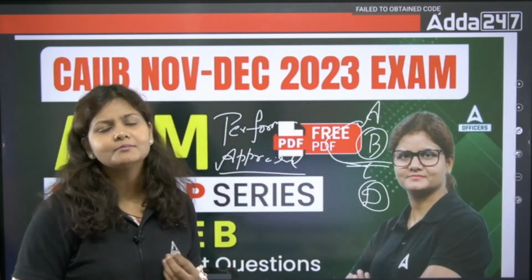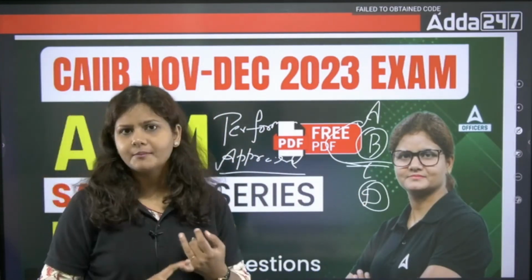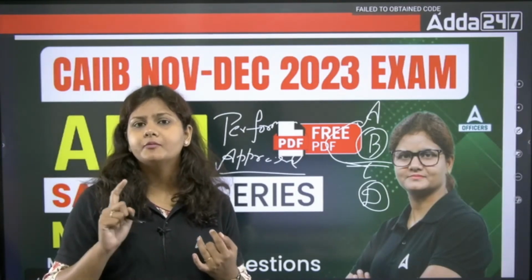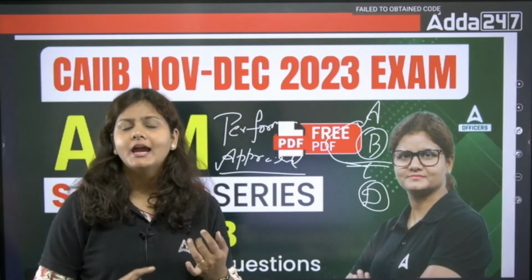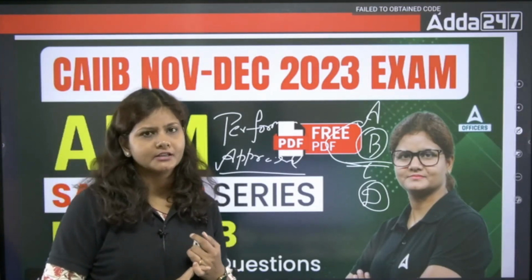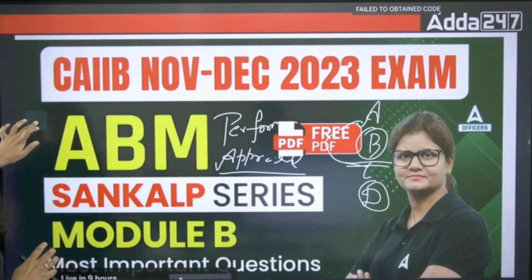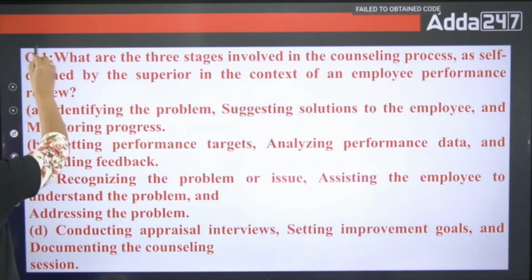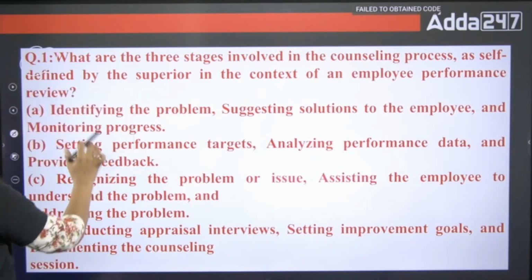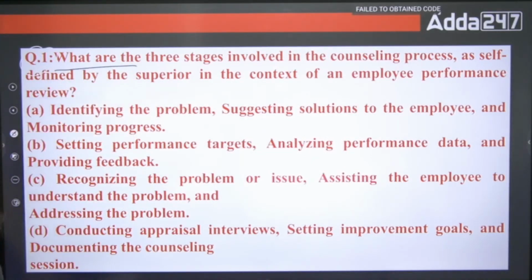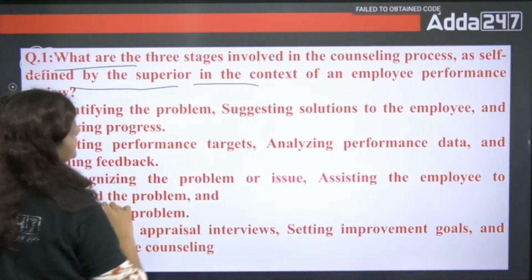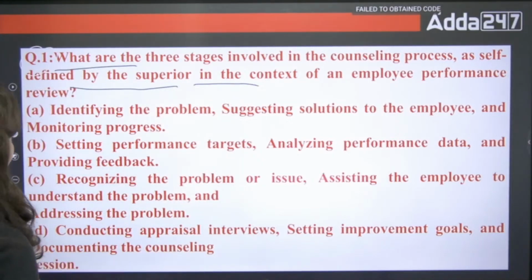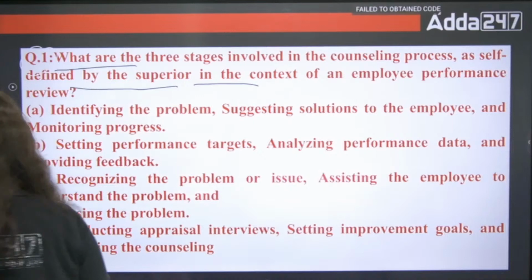So we will take some questions from the performance appraisal and from the performance appraisal method, then from the competency mapping and from the behavioral event interview, right? So we will take here the first question, that is: what are the 3 stages involved in the counseling process as self-defined by the superior in the context of an employee performance review? The number 1 is identifying the problem,